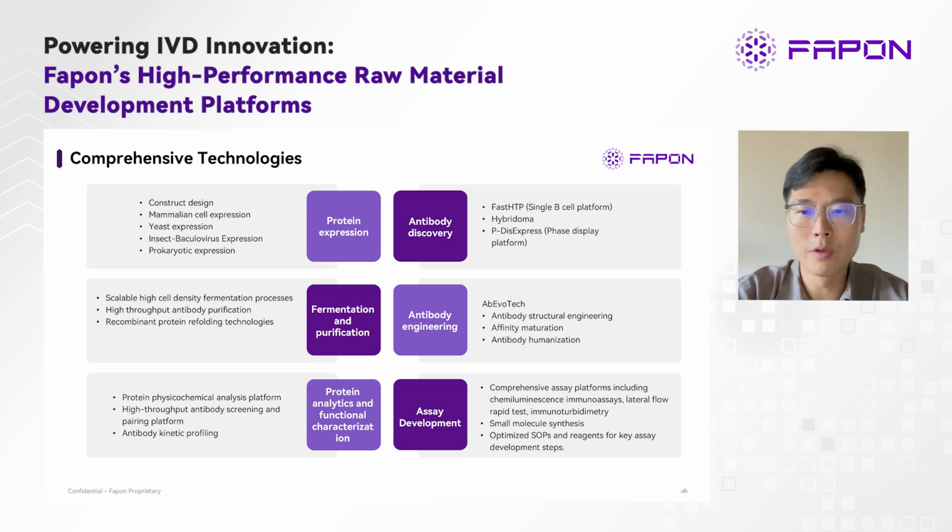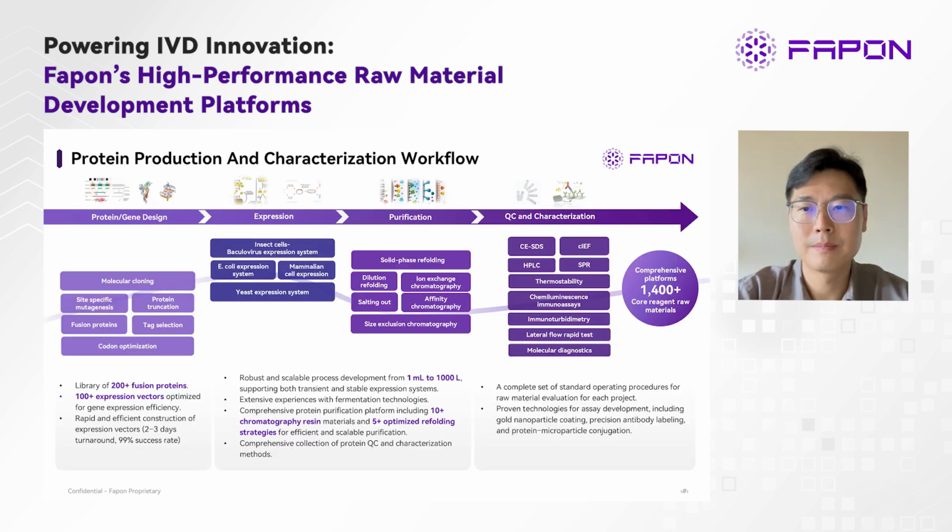All right, after the overview of our raw material development platform, let's look at the technologies closely to see some of the advantages we can offer from each sector. The first workflow or technology I'd like to go through is the protein production and characterization workflow, which covers both antigen and antibody productions. Taking antigen as an example, as many of us know very well, either as immunogens in antibody discovery campaigns or calibrators or quality control in the assay, high-quality antigen material is very important to have.